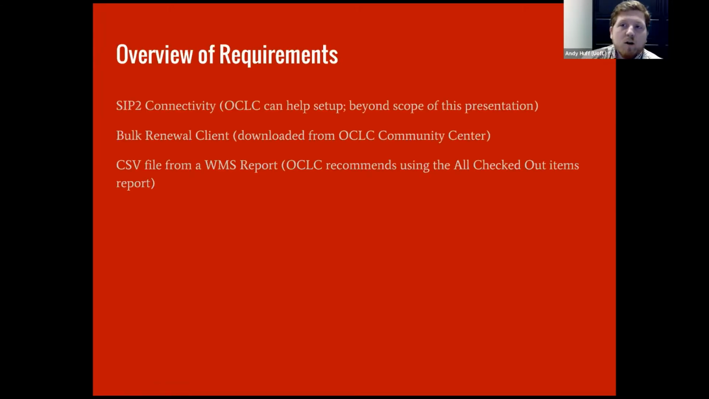So here are the list of requirements that we're going to need to do our batch renewal process. We're going to need SIP2 connectivity, and that's something that OCLC can help you set up. That's beyond the scope of this presentation. We're going to need our bulk renewal client, which you can download from the OCLC Community Center. And we're going to need a CSV file from a WMS report. And OCLC recommends using the all checked out items report, which is the report I'm going to use in my